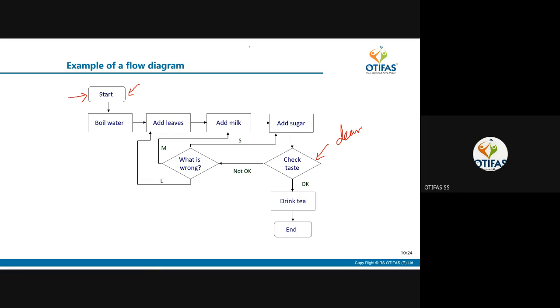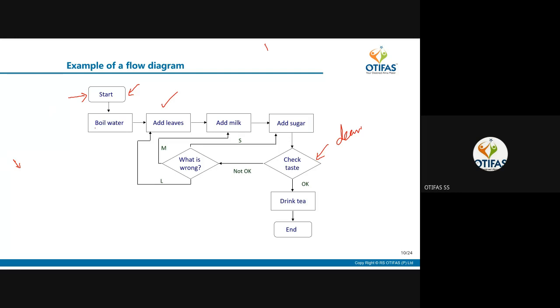Now, the process steps. This is a tea making process used by tea tasters. This is the actual way of making it. There are different processes. If you come to the north side, you will have doodh patti. Milk is boiled. In the boiled milk, you put the leaves and it's boiled again and again. And then they put the sugar and then maybe some ilaichi and then you give the tea. That's called doodh patti.